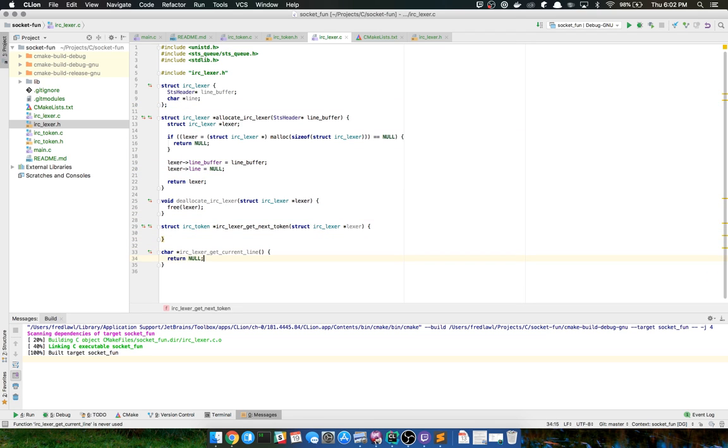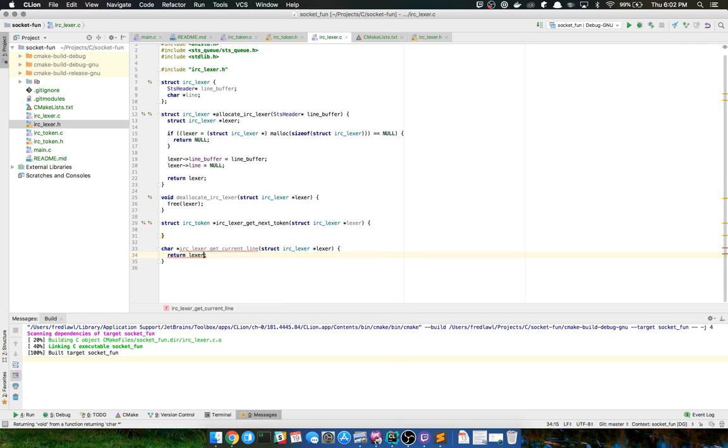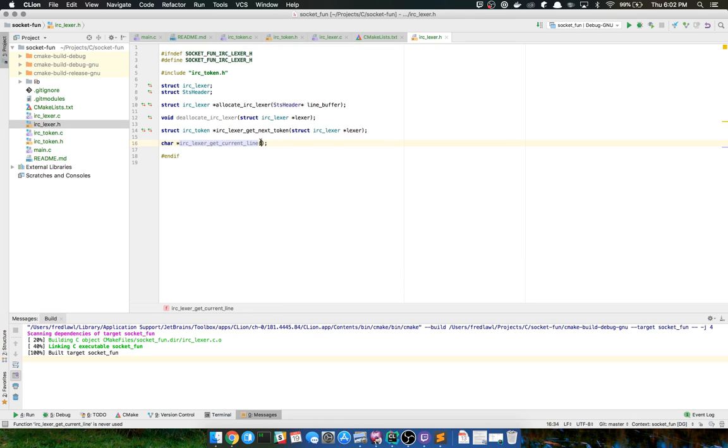And then we're just going to return that line, which I forgot I needed to pass in that Lexer pointer. And then Lexer line. Okay. What I should do is probably return some sort of a struct, because sometimes it's nice to know what the line length is, especially in C. I might actually do that, not right now, but for now we can always do strlen.